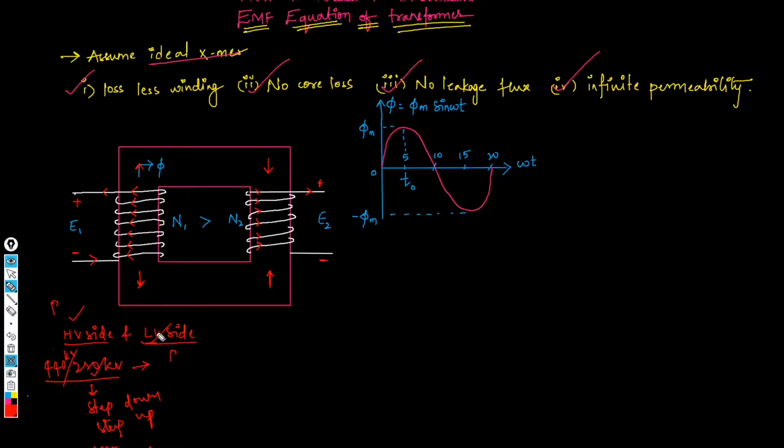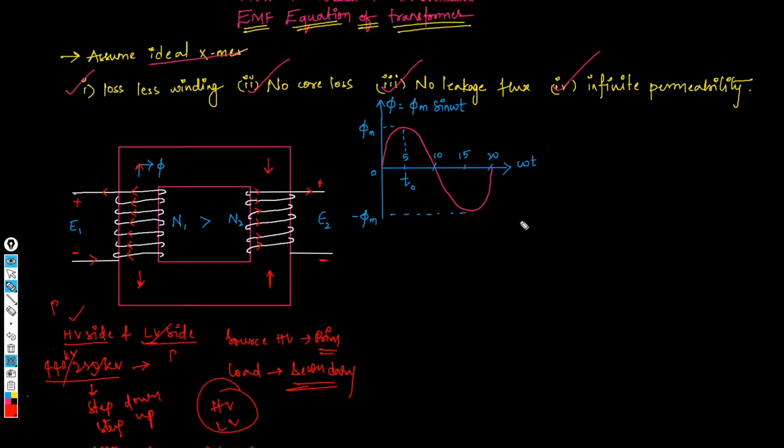So it totally depends on the end user how he wants to use that manufactured transformer. If the source is connected to the HV side, then it will be decided as the primary one. And where the load is connected, that is generally treated as the secondary winding. So the manufacturer won't tell primary and secondary, but instead he will use HV side and LV side. These two terms are used by the manufacturers. So this is some extra related concept.